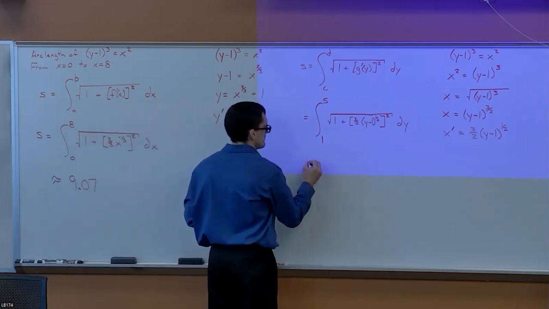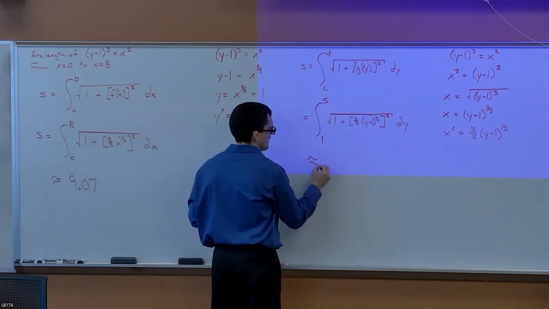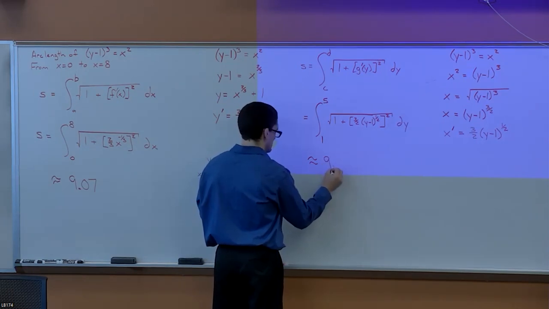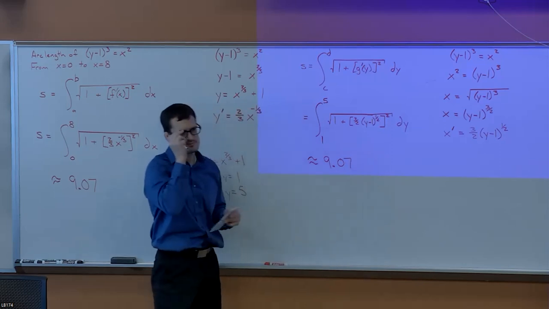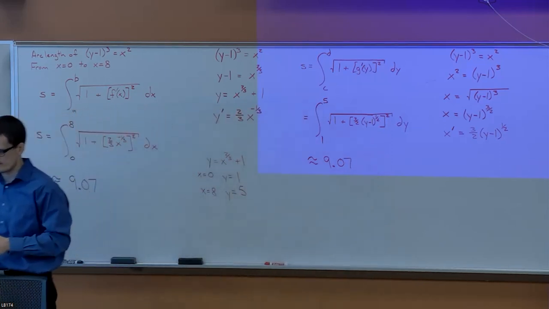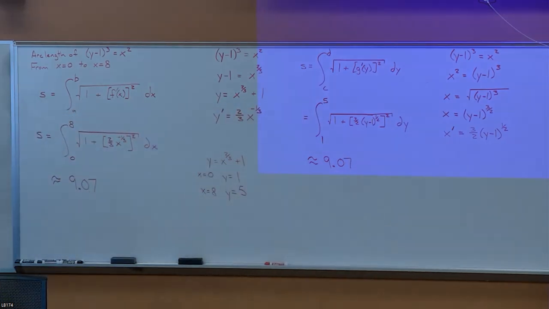Now, this gives me, rounded to 2 decimal places, the exact same value, 9.07. Rounded to 2 decimal places, the same value. But I do want to show you